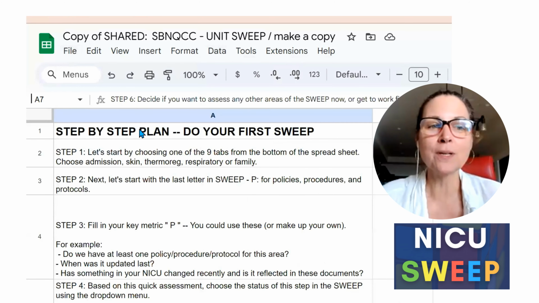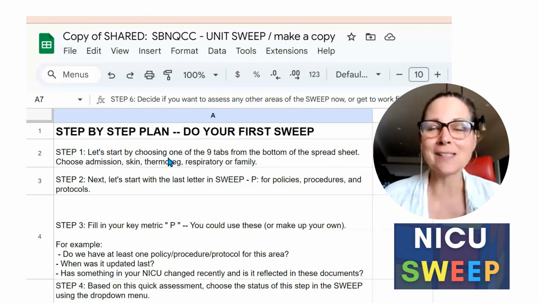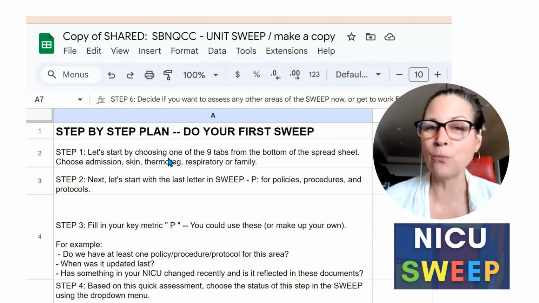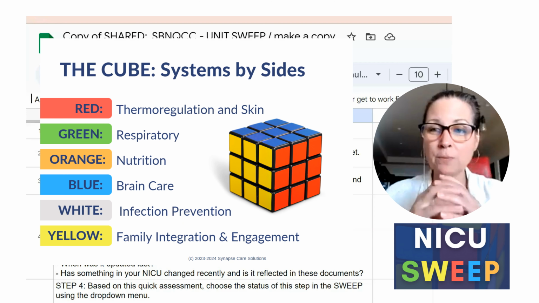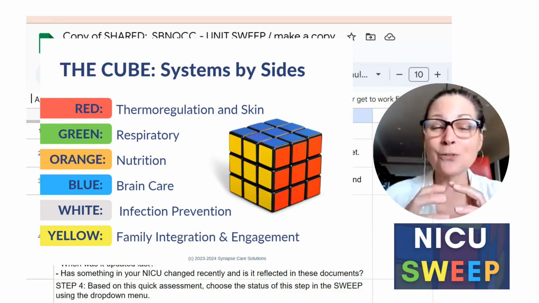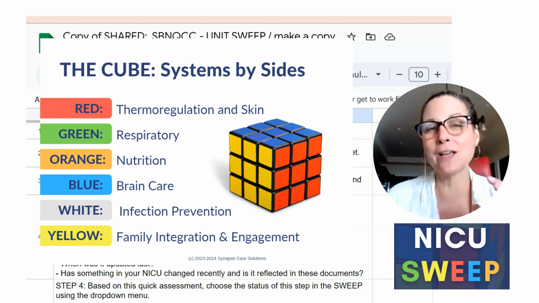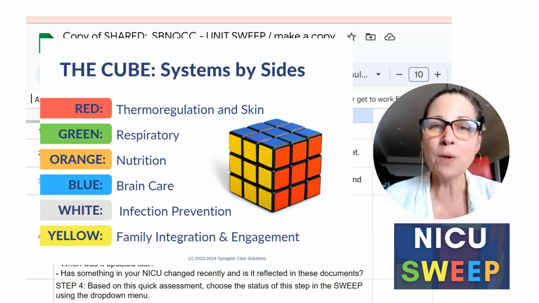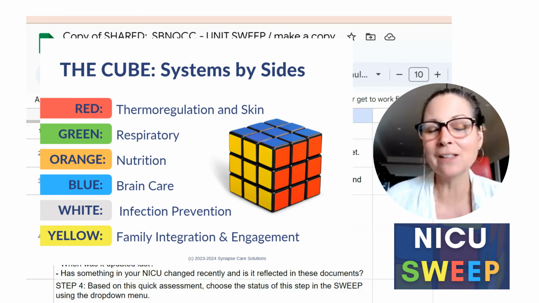Then what you want to do is to actually decide what you want to perform a sweep on. Now remember, with the NICU cube that we've talked about, there are the 6 different sides, whether that's the respiratory side or the nutrition side. And so what we want to do before we dive in the collaborative this year is to have you assess